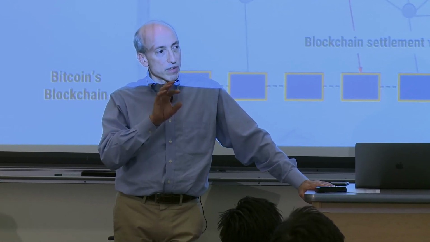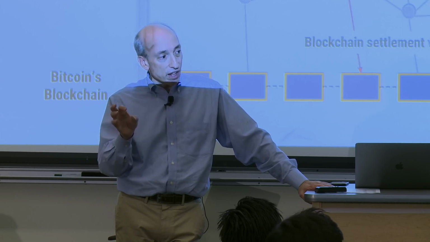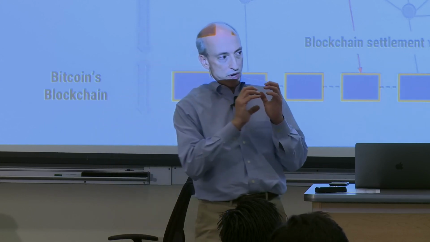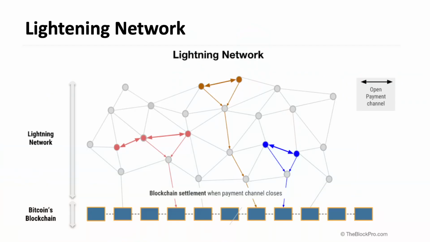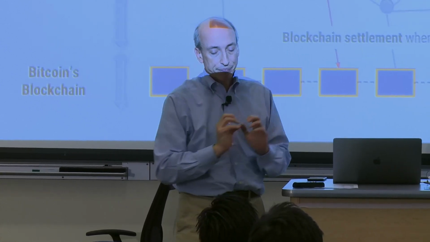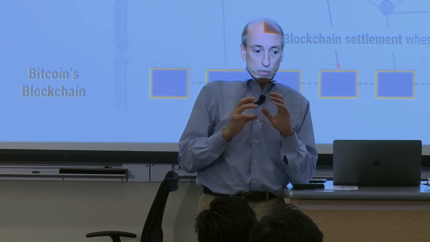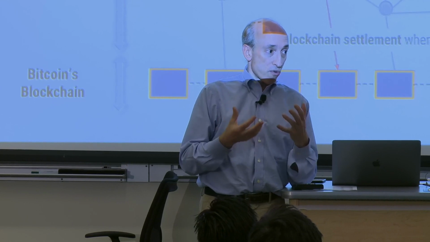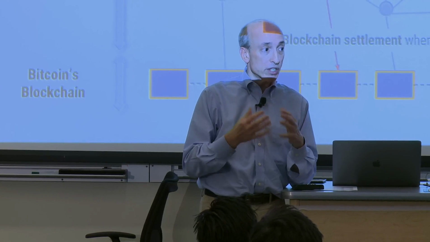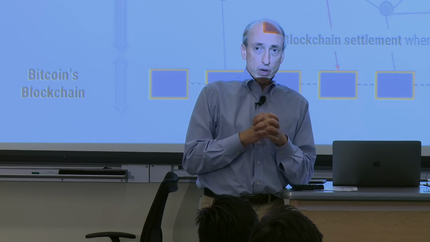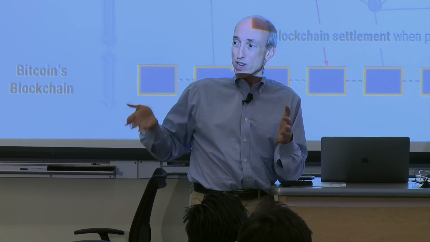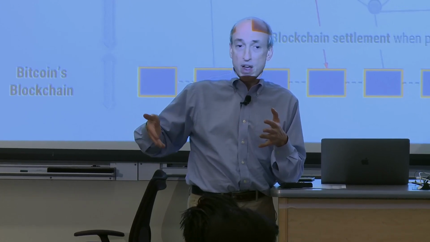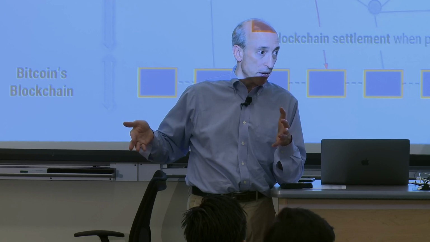There's a series of trade-offs of economics and technology. The more you put inside the main chain, the blue boxes at the bottom, so to speak, the more you weigh it down. There's more processing, of course, and more storage and so forth. But also there's too much latency. In Bitcoin, it's every 10 minutes, and you're not really sure until 3, 4, 5, some would say 6 blocks, or an hour, go by.